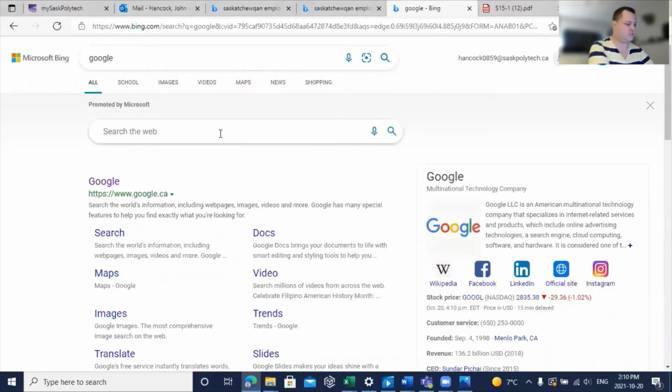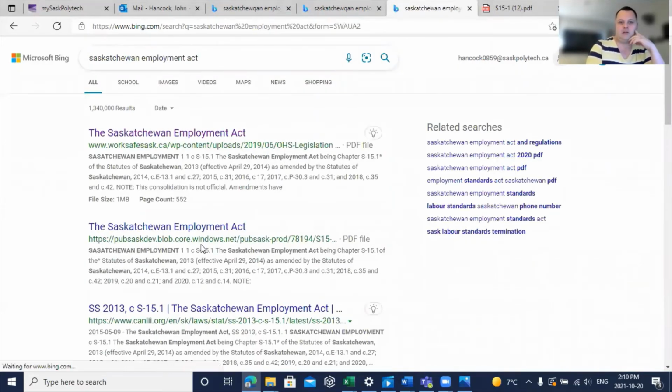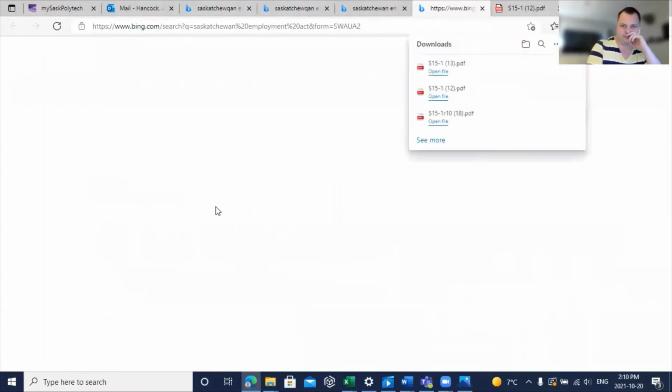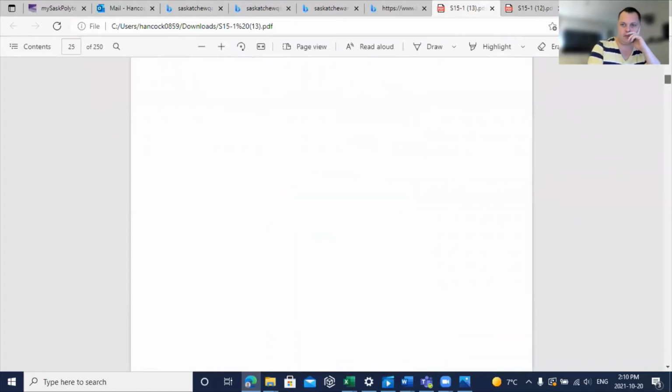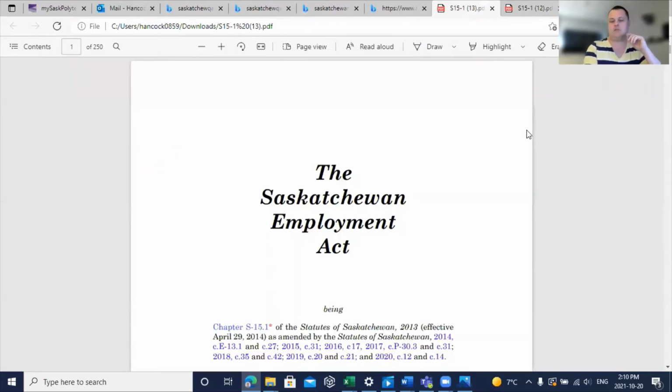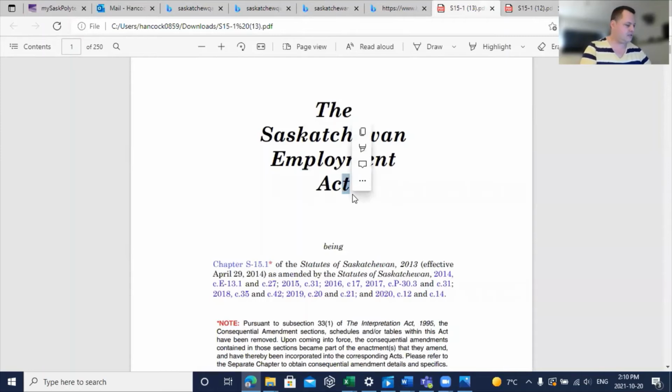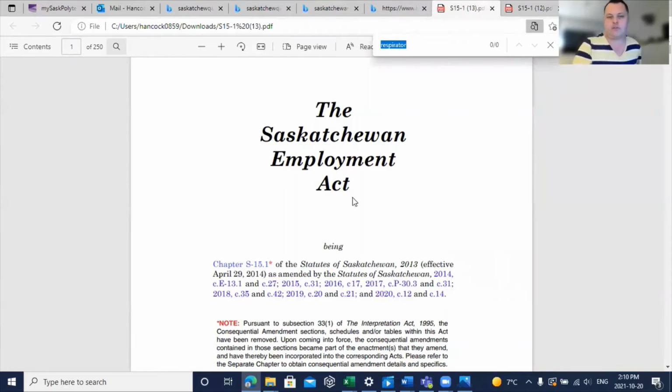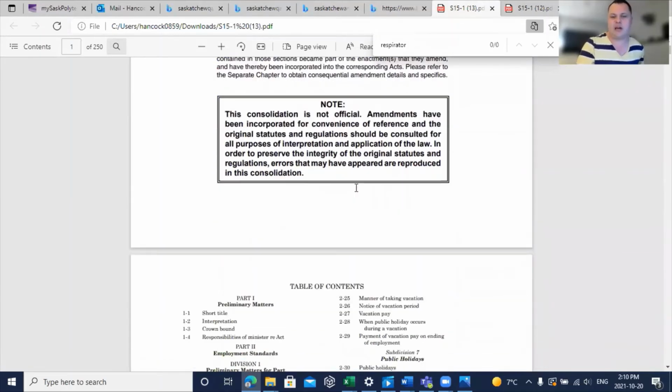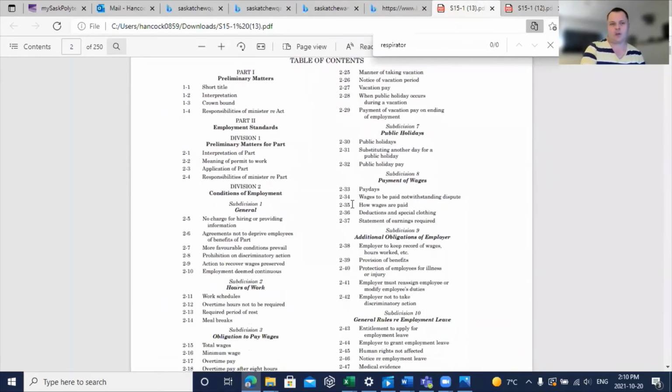So if we go back to Google, we're just going to look up the Saskatchewan Employment Act. You want to be careful which one you're looking at because some of them have the old regulations combined. So let's take a look. The old regulations are not here, so that's good. So we're going to do that control F, look at the respirators. As I said before with the federal, the respirator stuff is very specific, so it's not actually in the Employment Act. The other thing, if you look at the Employment Act, there's a lot of stuff that doesn't directly involve safety,